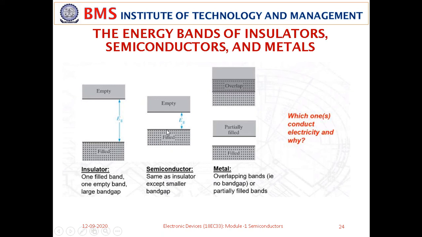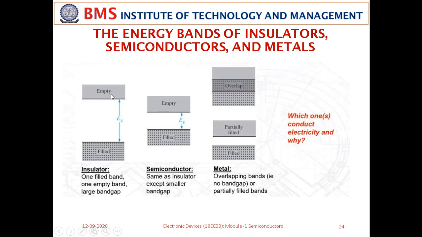Now, suppose you supply some energy to the semiconductors in the form of thermal energy or photonic energy. Do you think current flow takes place here? The answer is of course yes, because when you supply some external energy in the form of light or heat, electrons will move into the conduction band, and an electrical force can move the electron into the empty positions. There are so many empty states here, and it can cause electrical current.